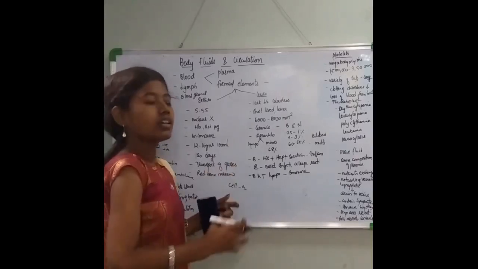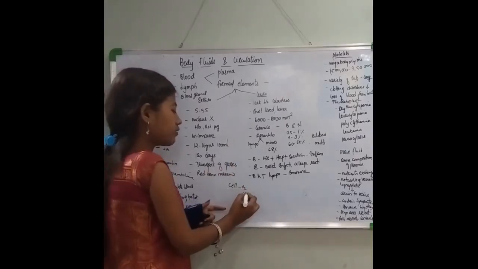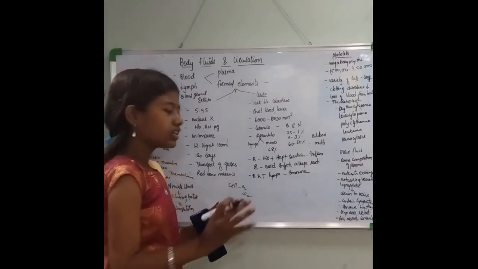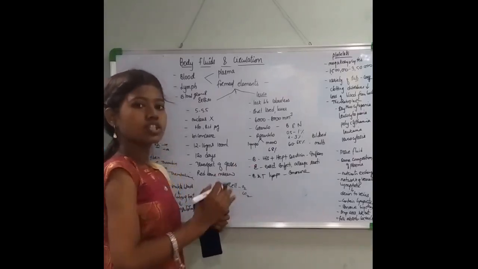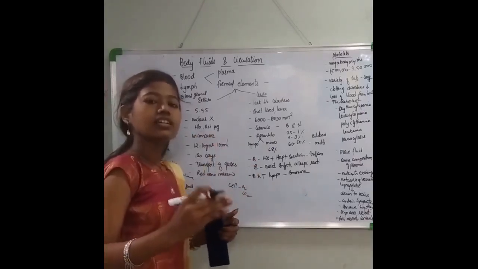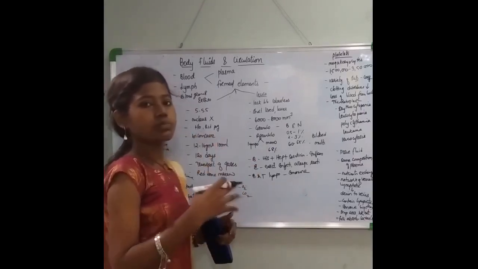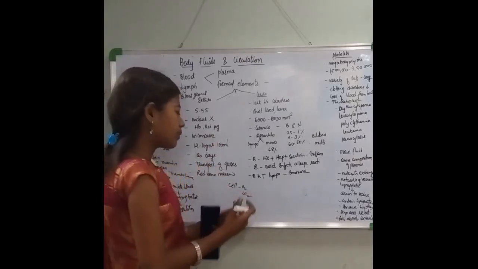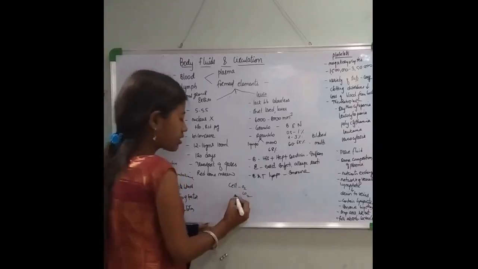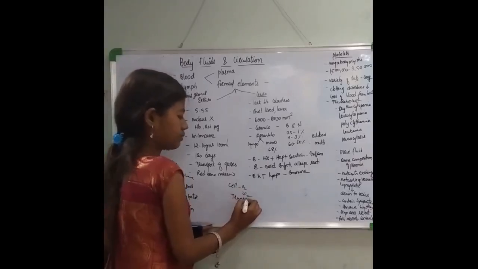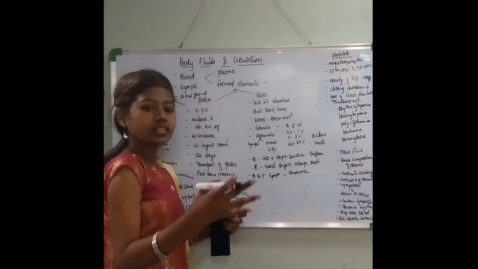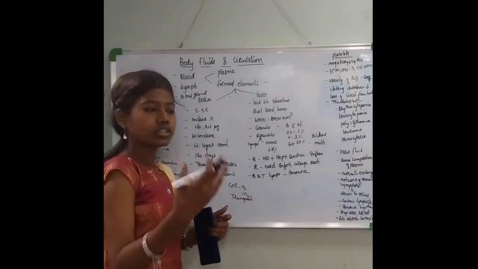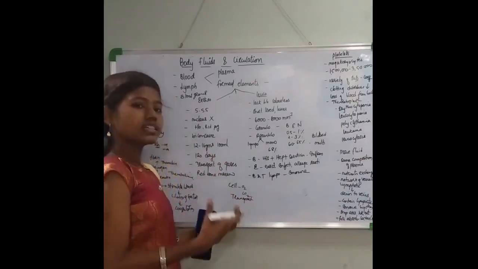At the same time, when you are providing these nutrients, the waste or harmful excess substances produced in our body have to be removed, right? You have to provide the cells with the essential substances, and simultaneously the harmful substances or waste products have to be eliminated from the body. In order to do this, there is a certain type of transport mechanism, to bring O2 into your body, to remove carbon dioxide or certain other harmful substances.